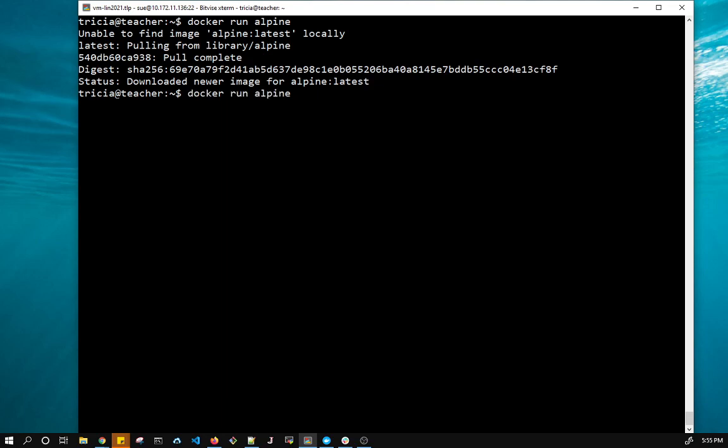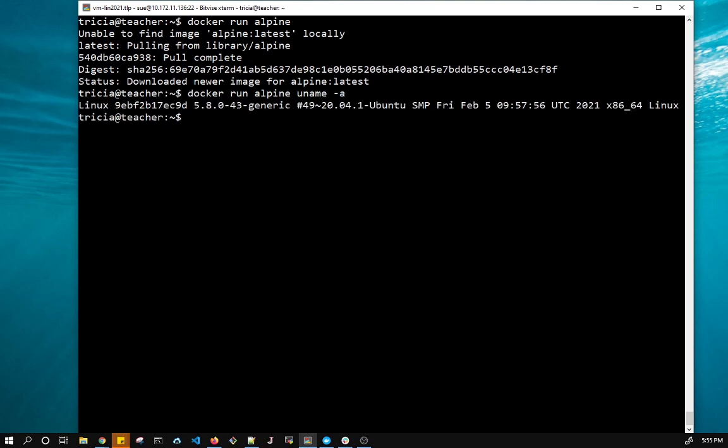It didn't do anything, but what I want to do is uname -a. This is a bit like when you're using SSH. When you're using SSH, you can either shell into it, or load it in this case, or you can have it run a command and end. So let's have a look at this. I'm going to run on the Alpine image, uname -a. So there we go. This is the output of uname run on this Alpine image. And as we can see here, it's